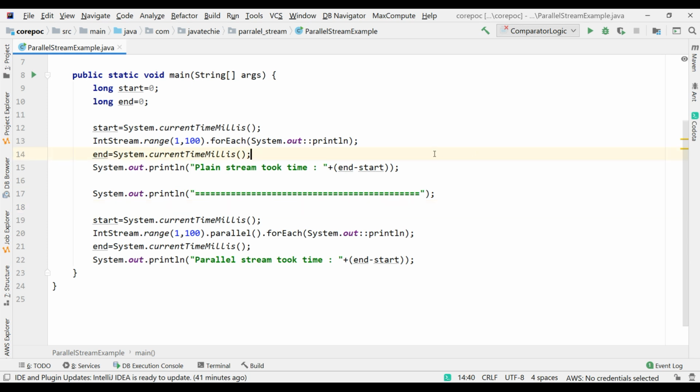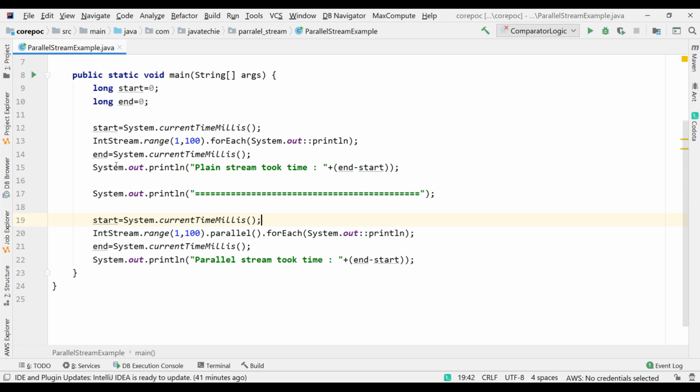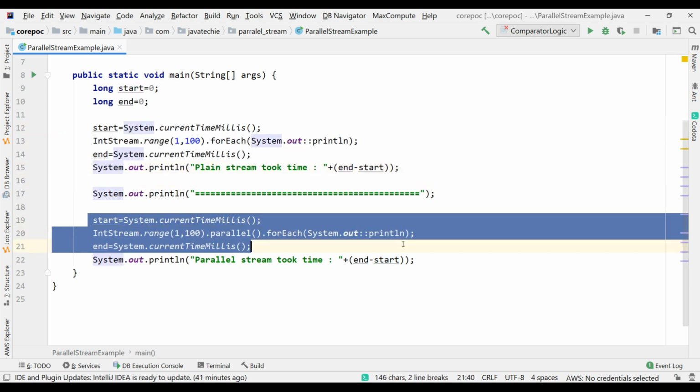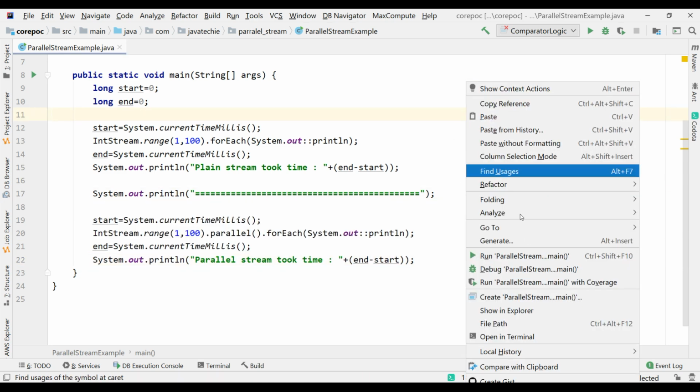Now if I execute this piece of code, we'll understand the performance of plain stream and parallel stream. Then with the same example, I'll show you how it will execute in a single core and how parallel stream will execute in multiple cores of my processor. So let's run this code.